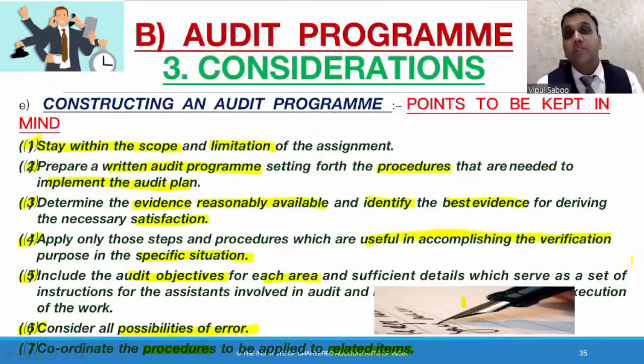Suppose the cost is 800, so 20% on 800, right? Not on the selling price. And if you need to work out the cost from the selling price, it would be 1000 by 120 into 100. That 1000 includes the 20% markup. So this is basic. You might have done these adjustments in your final accounts, opening stock, closing stock, overvalued, undervalued. The same adjustment is that.